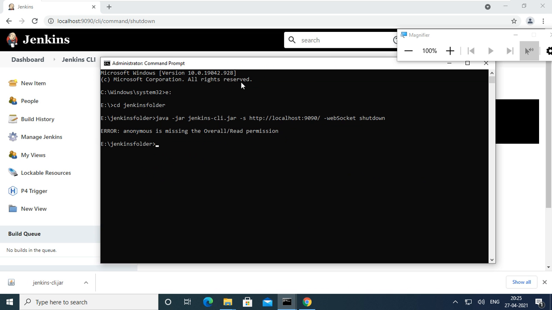This is for shutting down. Anonymous is missing overall read and write permissions. We need an authentication part.